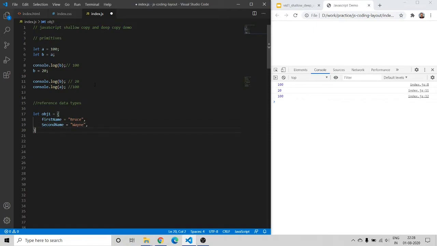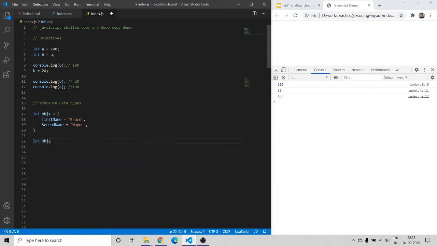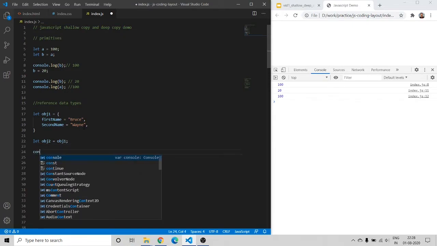Bruce Wayne. So I have declared one object which has a property first name and second property second name. I'll take another object 2. I'll equate it with object 1. I'm demonstrating a shallow copy right now. So if I console log,